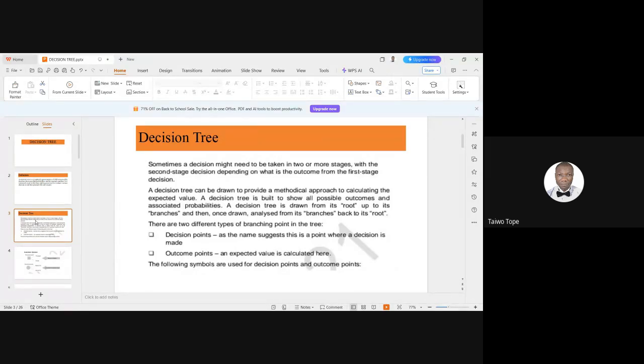You can still go further to say, okay, if I should launch the product, what will be the expected profit? You can have a 60% chance of high sales that will lead to a profit. You can have a 40% chance of low sales that will lead to a particular level of profit. And also you can have an instance that if you don't launch the new product, it means you are not taking risks and you shouldn't expect profit. So you can express